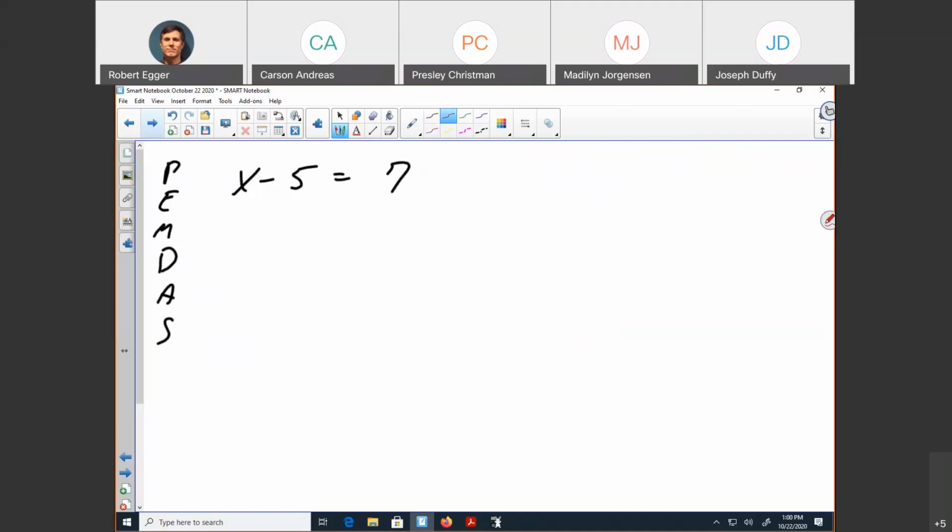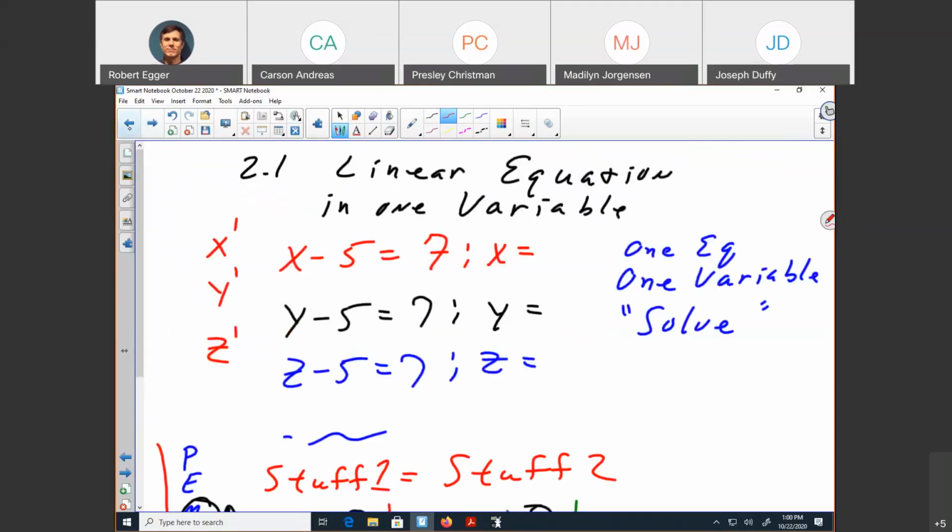And again, the goal is x equals something. So when you see a linear expression, you ask yourself, look at the left and the right. On the left, is that as simplified as I can get it? Is there any x's I can combine? Is there any distribution that I can do? Is there any exponents I can take care of? The answer is no, no, no, no. In fact, this is already